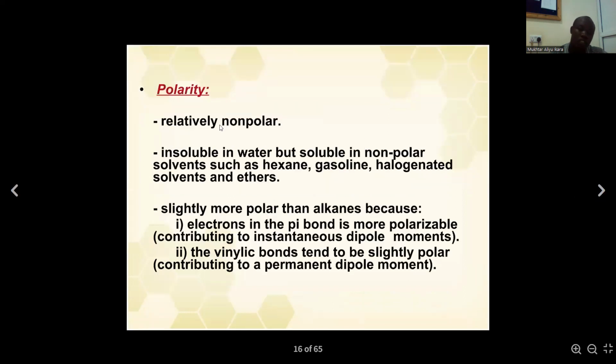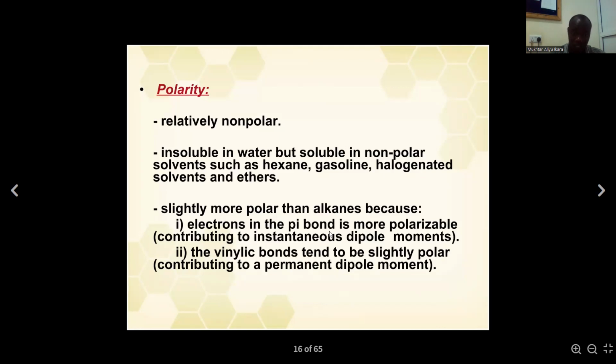So polarity: they are relatively non-polar, as they are insoluble in water, but they are soluble in organic solvents such as gasoline and halogenated solvents. They are slightly more polar than alkanes because electrons in the pi bond are more polarizable, contributing to an instantaneous dipole moment. So actually, they are non-polar, but their polarity is slightly higher than that of the alkanes, and this is because of the presence of